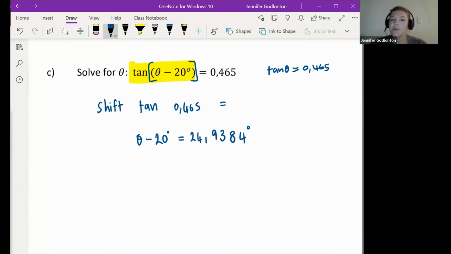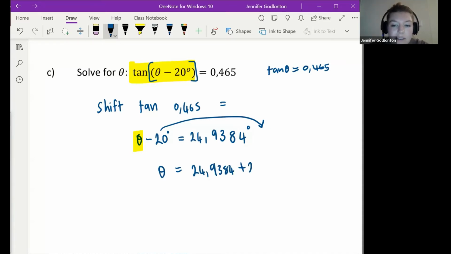Okay, but it's because we've already used our calculator. Now I'm trying to just figure out over here what theta is. So all I have to do now is move that 20 over. You'll be like, well, why didn't we just move that 20 over earlier? We couldn't, because we first had to find out what tan of that angle was, and then we could move it. So now theta is going to be equal to